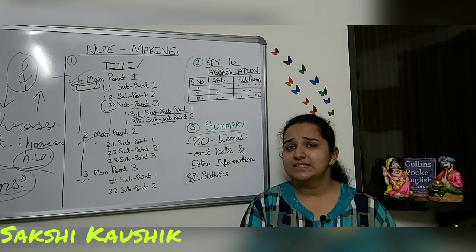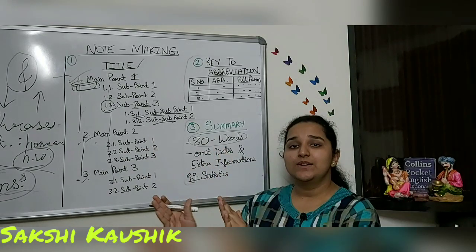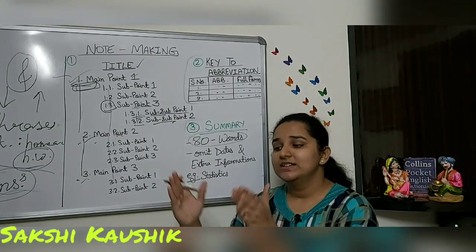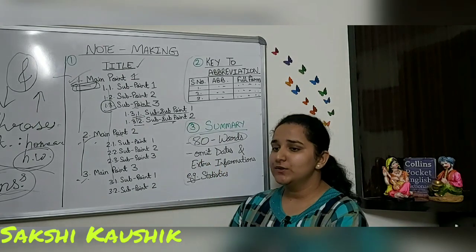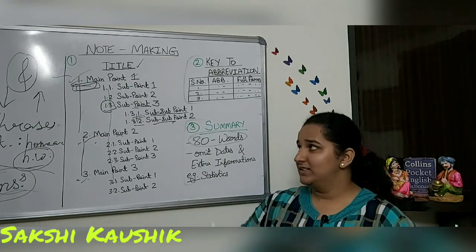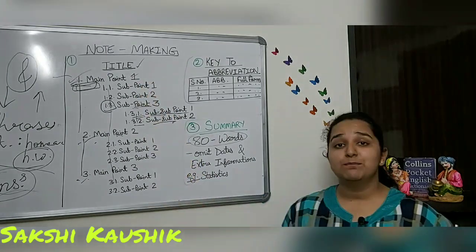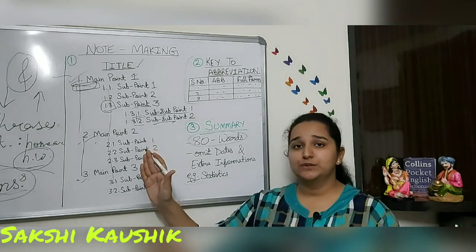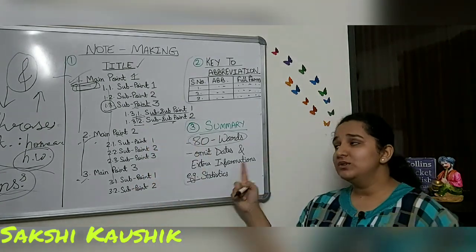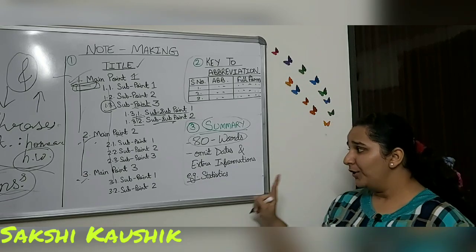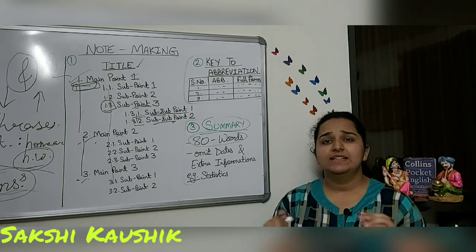So are you understanding the cycle? The question paper that was given to you, which had a paragraph on which you had to make notes, that had sentences. First, you will convert those sentences, only the important sentences, into phrases to make your main body of the note. After that, you will convert that main body of the note's phrases into sentences in the form of a summary. Now, in summary, you can omit the dates.